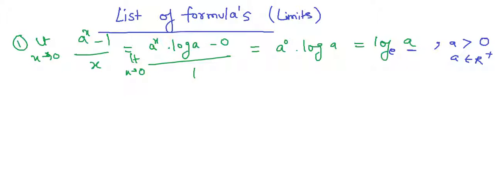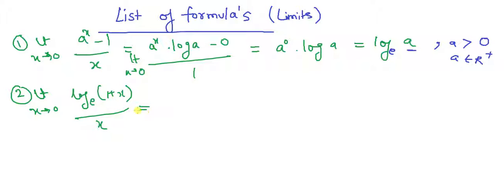Okay, next, second formula is limit x tends to 0, log of e of 1 plus x whole divided by x. Again, you apply the same method. When you put x tends to 0, you will find log 1 is 0 upon 0, that is 0 by 0 form. Again, apply L'Hospital rule. It will say 1 upon 1 plus x into 1, simply differentiating. Log of this differentiation will be 1 upon this quantity whole divided by 1. Now you can put x tends to 0 in this question, and you will get 1 here as your answer,